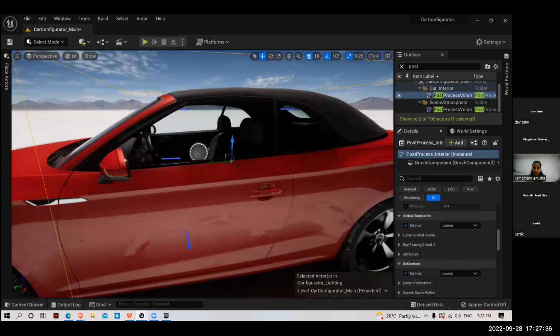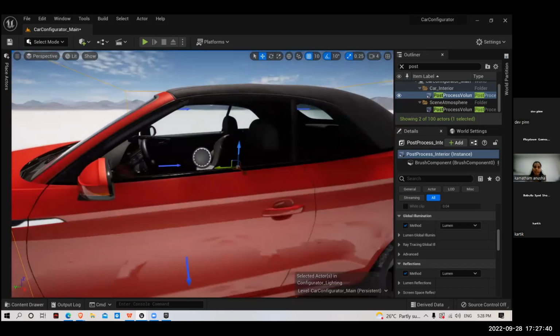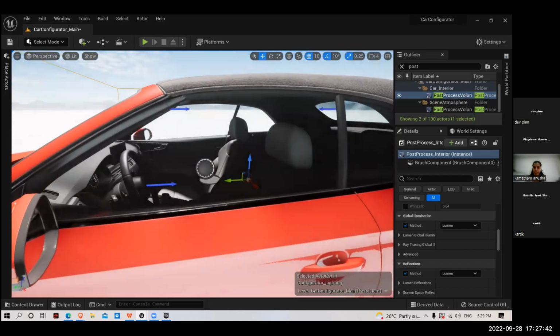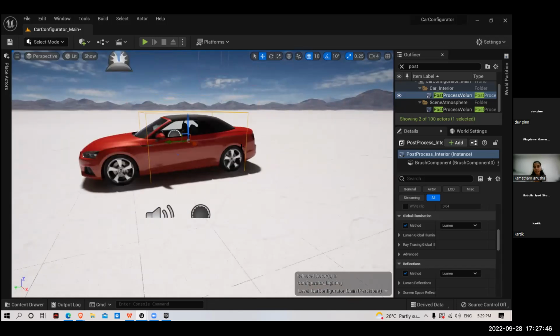When I enter that volume, it looks brighter, and when I am out of this volume, it is normal. So this effect we get from the post processing effect, and mostly when you take any default level, at that moment you will find this, it's not an issue, but